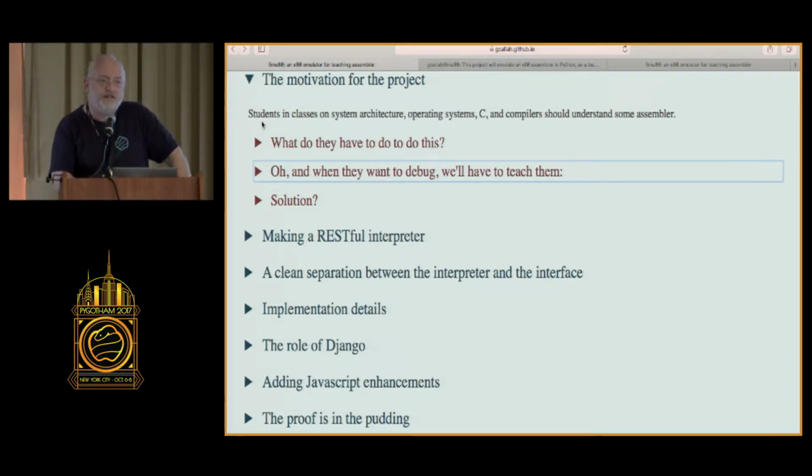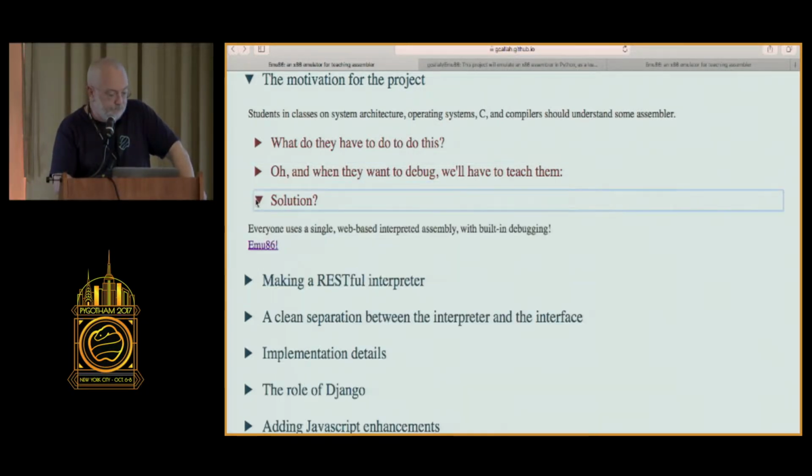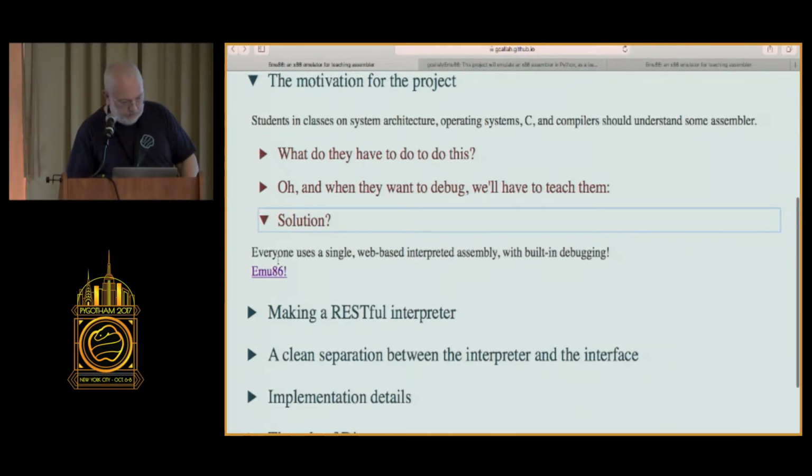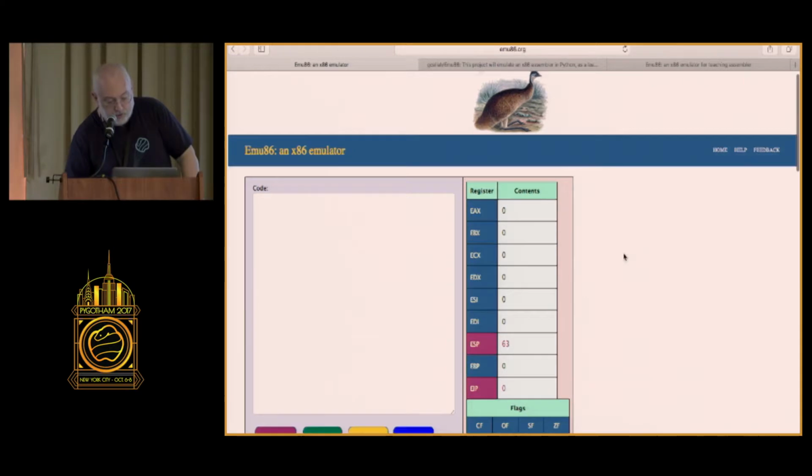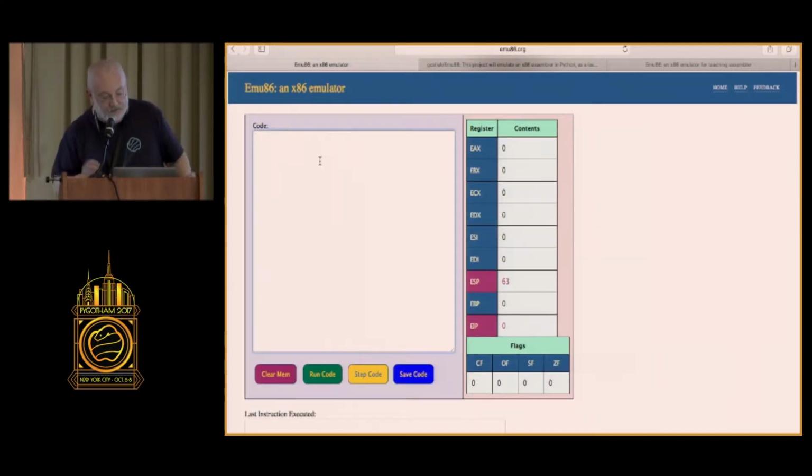I searched around. I said someone must have done something that makes it easy to try out assembler without having to get into all these command line tools. I didn't find anything. So what I did was, I think we'll make the font a little bigger. What I did was build something. And this is an online assembly language interpreter. It's built with Python and Django. And we can do